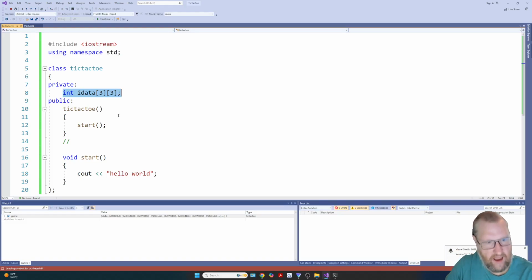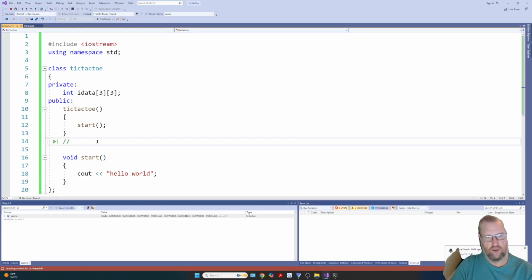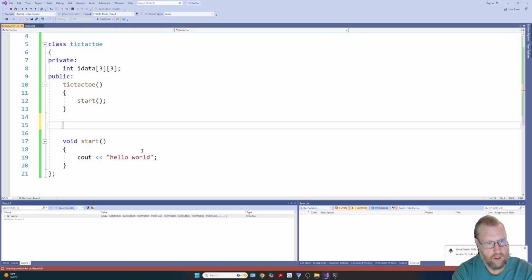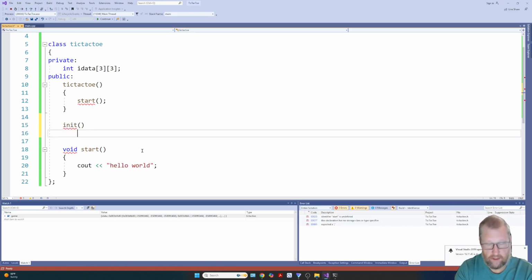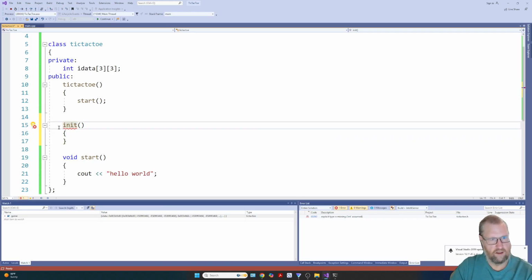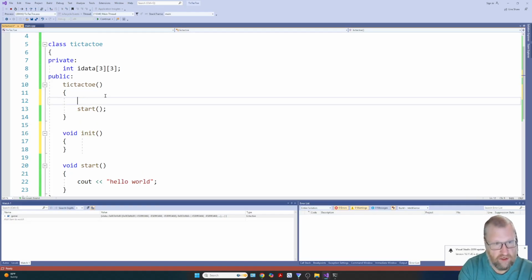And to begin that, we probably would have a function that start would call, and it would be called initialize. A lot of this should be done in the constructor, but you're often going to want to call an init function that does the same thing as the constructor. And it's just initializing your data. And what we're going to do is loop 3 by 3 times